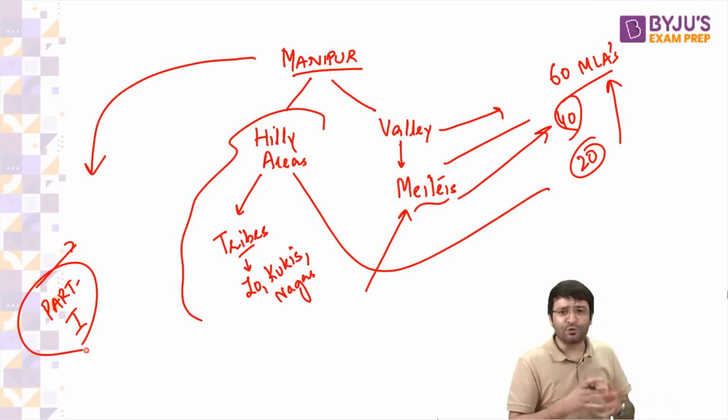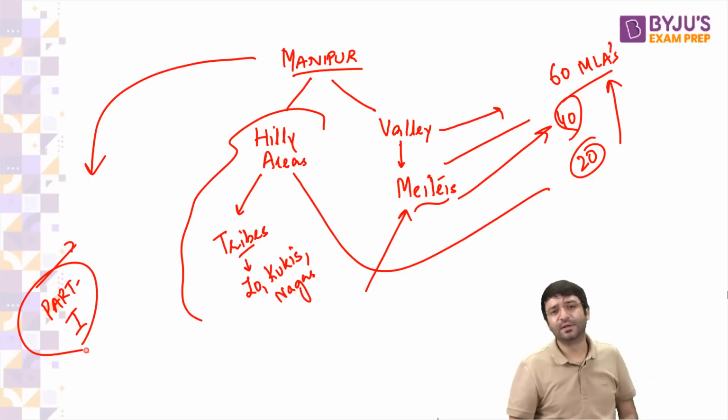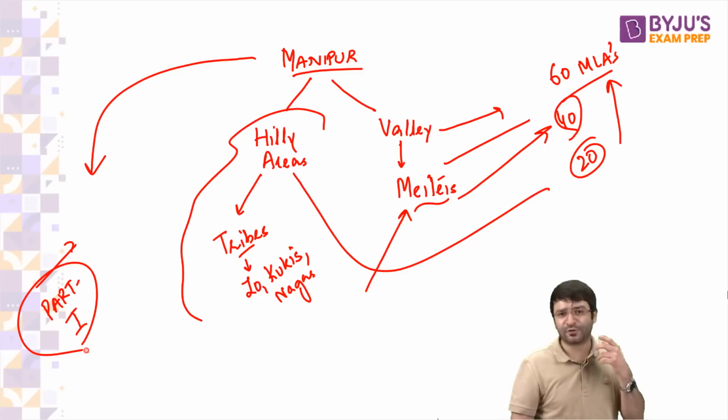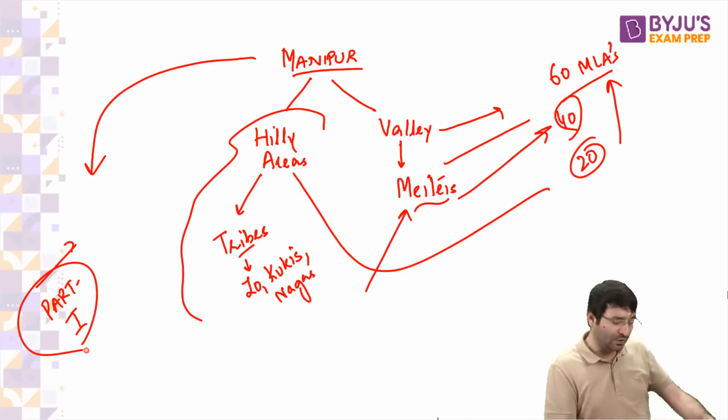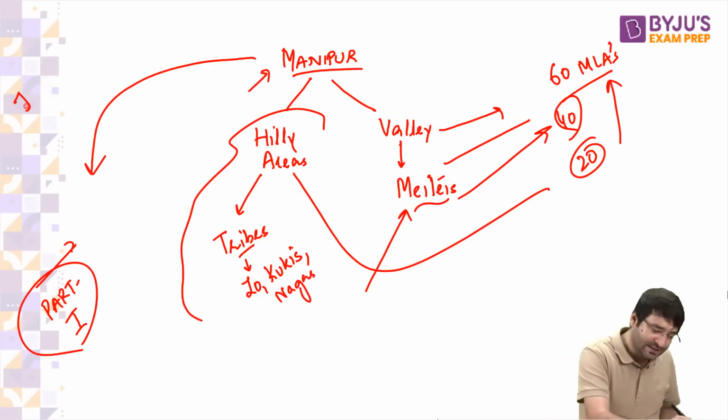If small is beautiful, then we may need more and more smaller states. But do more and more smaller states solve the problem? That should be looked into by the States Reorganization Commission. Whether a smaller state is able to self-sustain, or will it always be with a begging bowl before the Centre? If smaller states are doing well, for example Goa or Uttarakhand, then it's a classic case that yes, more and more smaller states should be created. But smaller states such as Manipur have their own set of problems. Smaller states such as Jharkhand,